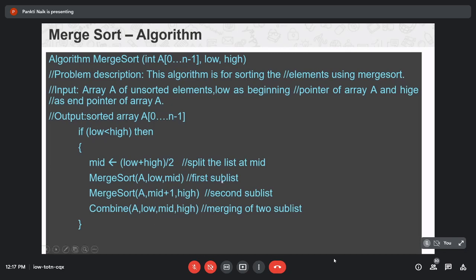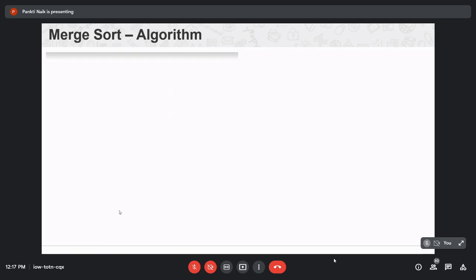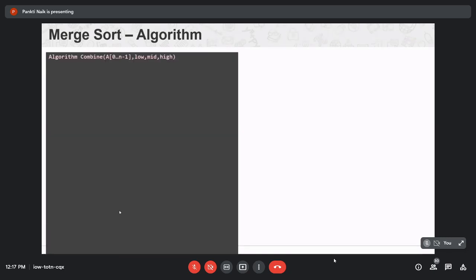Now let us understand the combine procedure. Algorithm combine. The parameters passed in this algorithm are your array A, then low, mid, and high. K is the index for array temp.